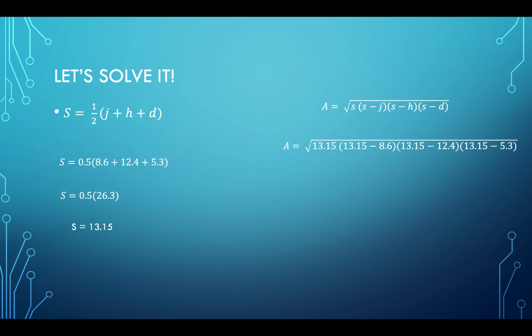So wherever there's an S, we're going to plug in 13.15, and J was equal to 8.6, so we plug that in. H was equal to 12.4, so we plug that in. And D was equal to 5.3, so we plug that in. Once again, like I told you, I like to subtract 13.15 minus 8.6, and we get 4.55,